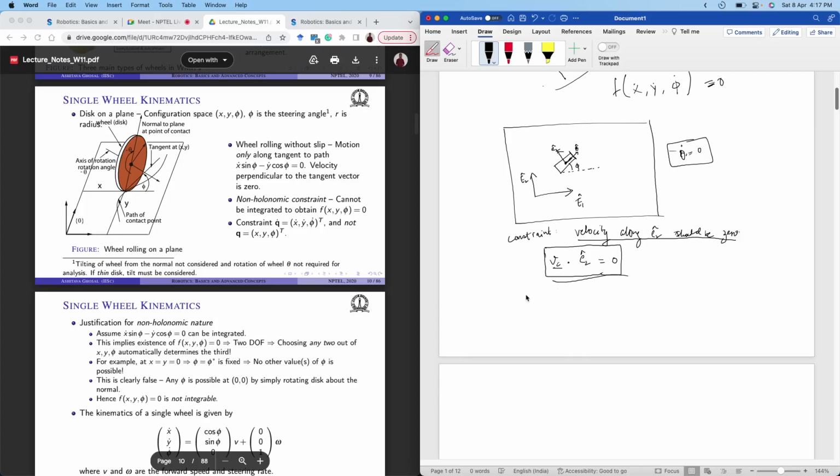Okay, so you know what is essentially the constraint? So your VC is x dot, y dot, and 0. And what is E2? Okay, so dot product with. So E2 written in the base frame will be your,